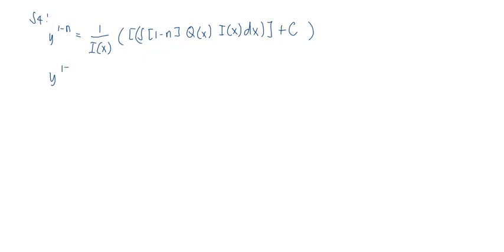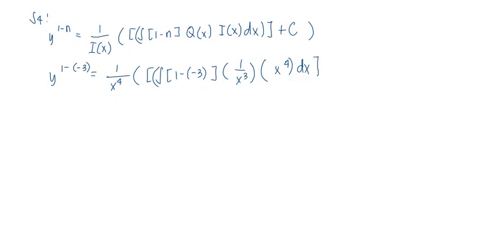So y raised to 1 minus n, where n is negative 3, is equal to 1 over the I of x that we calculated a while ago, which is x raised to 4, times the integral of 1 minus negative 3 times our q of x, which we identified a while ago as 1 over x raised to 3, times our I of x, which is x raised to 4, dx, plus c. Then we simplify: y raised to 1 minus negative 3, which is 4, is equal to 1 over x raised to 4 times the quantity of